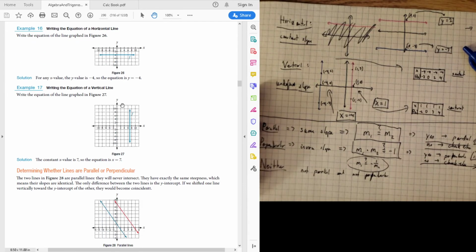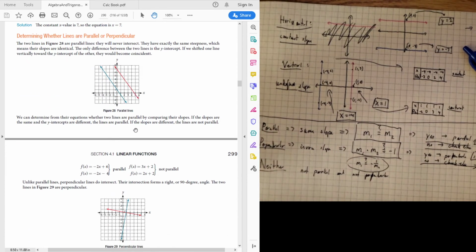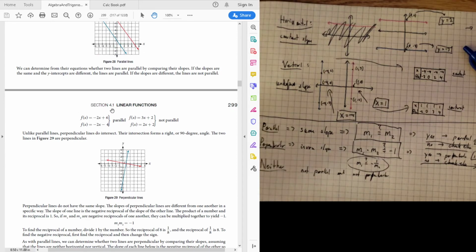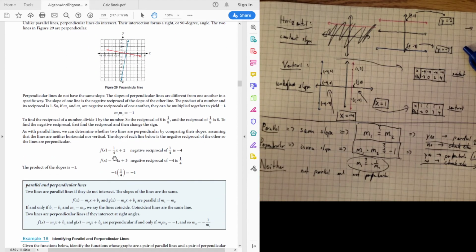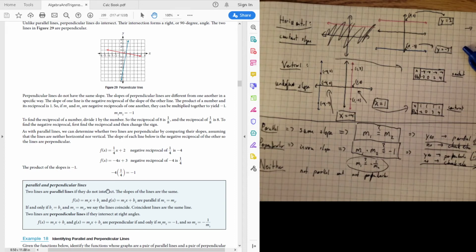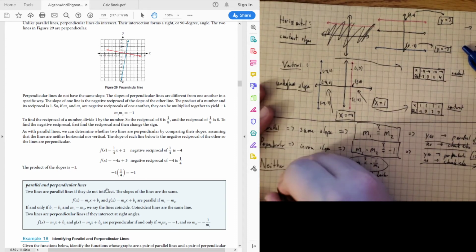Now, the best way to do this when it comes to an equation is by direct comparison. Like, you can look at these two and see, yeah, they have the same slopes. -2 and -2, same slope, done, easy. You can look at these two and be like, not parallel, not the same slope, easy. But you cannot do that for everything. If you have a picture, it's much harder, which may mean that you have to take some time to find the slopes. If you are not given the slopes,